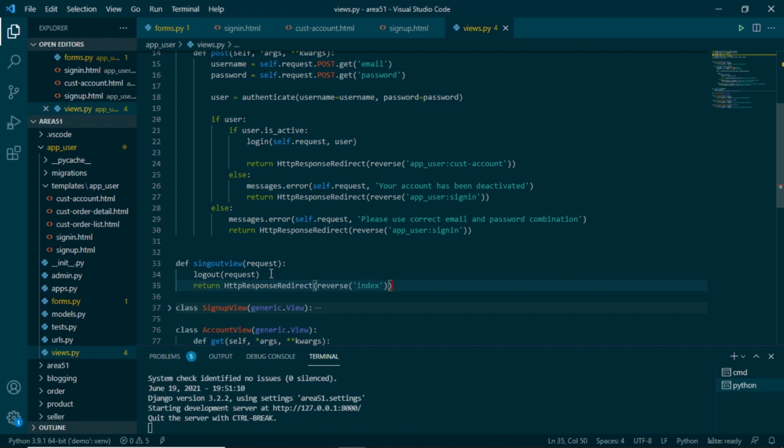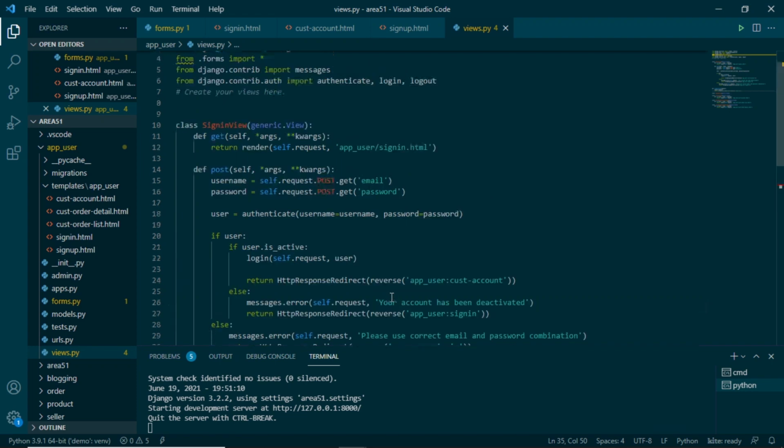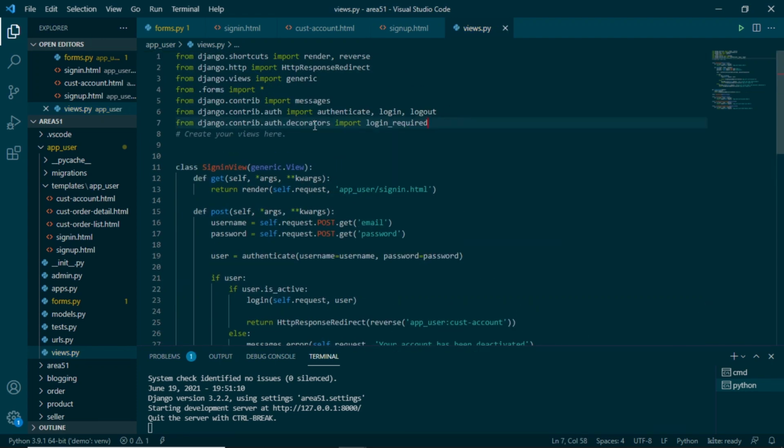I will take a moment here to explain a simple logic. Whenever we are trying to log out from a website, we are supposed to be already logged in. And to check if we are already logged in or not, there is a decorator we are going to use. Let's import that. It will be the login required decorator from auth.decorators.